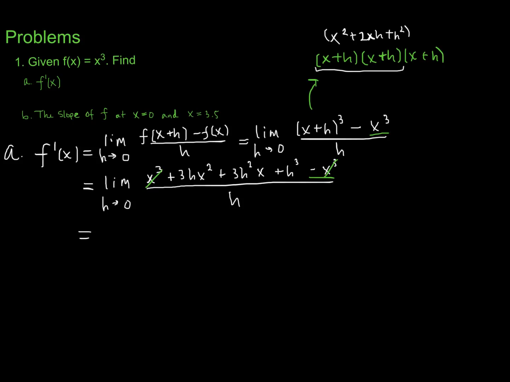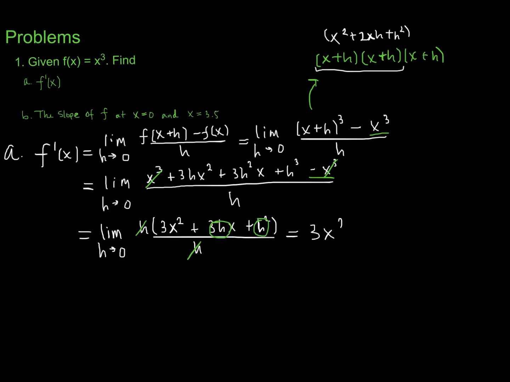So I have now the limit as h approaches 0, and I factored out an h, so I have h times 3x squared plus 3hx plus h squared, divided by h. H over h is 1 since we're taking the limit as it approaches 0, not actually computing it at 0. And now I can plug h in. This piece will go to 0, this piece will go to 0, and I'm left with